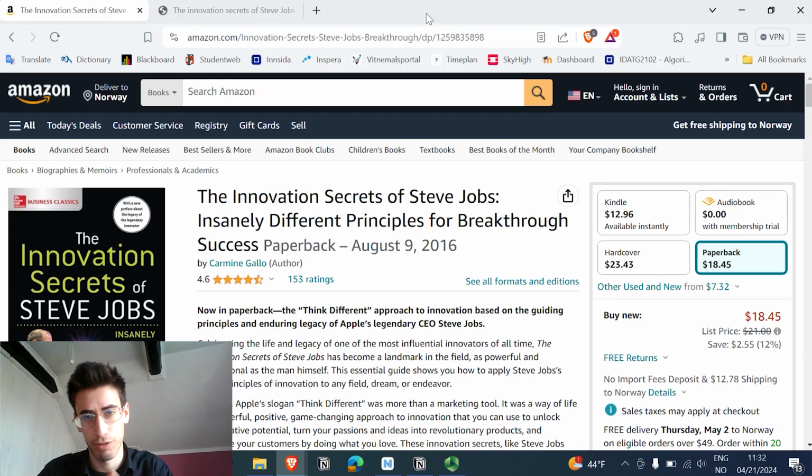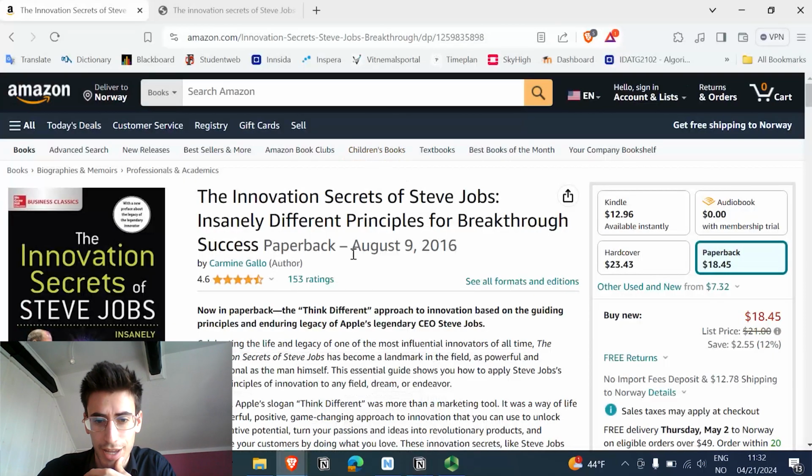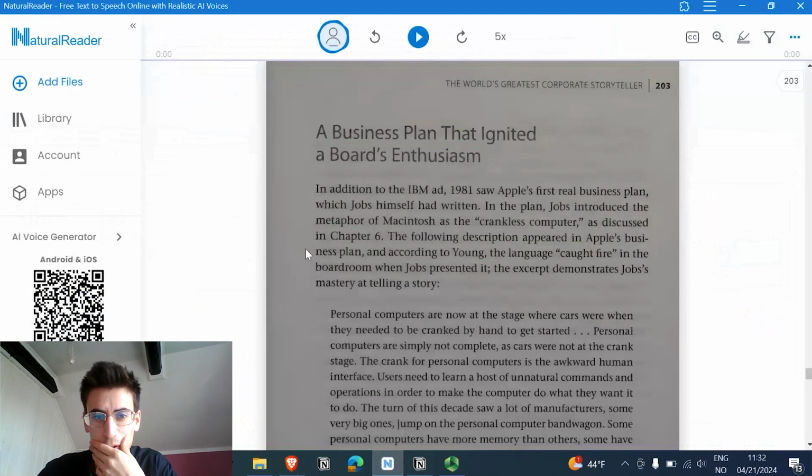So if you're reading with the physical book, you need the audiobook, which you can get by buying or getting a PDF of the same book and then using Naturalreader, or you can just get the audiobook directly from the supplier. After you have those, you can then use Notion, the software here, to take notes that you find interesting, and use Naturalreader. So that's what I'm going to be using in this video right now,